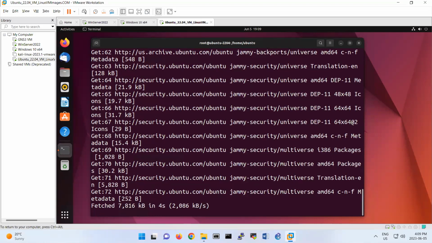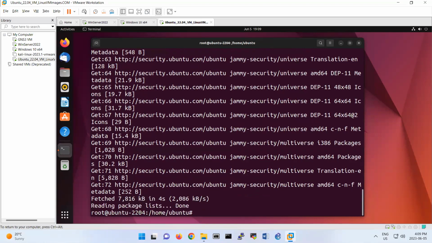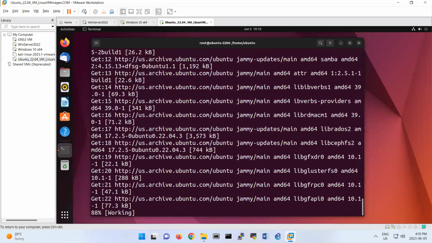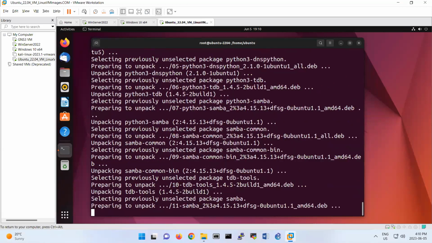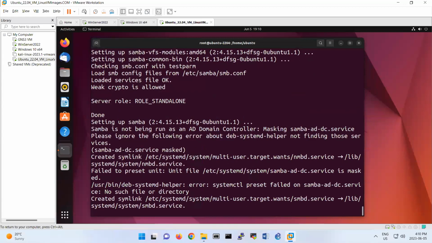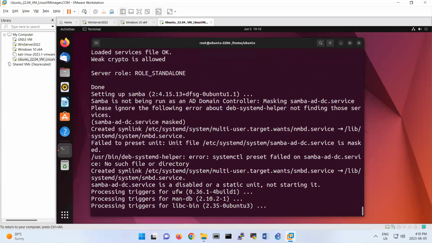But if you wanna install the software, usually if you haven't used it for a week or 2 weeks, your Linux operating system is very good to use apt-get update. Then you can apt-get install Samba. Look, that's the packages of Samba that we are installing on Ubuntu. So what I'm gonna do after this step, I'm gonna create a folder, share folder, and then we're gonna